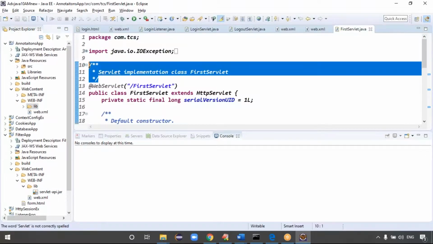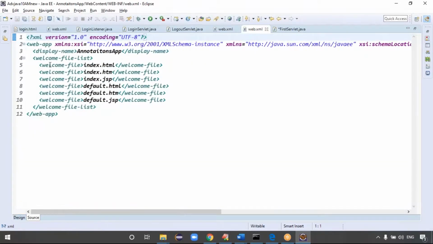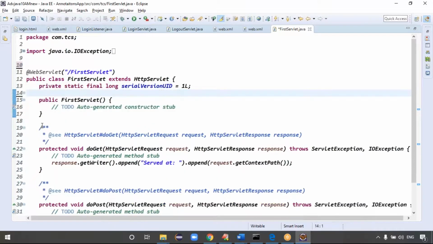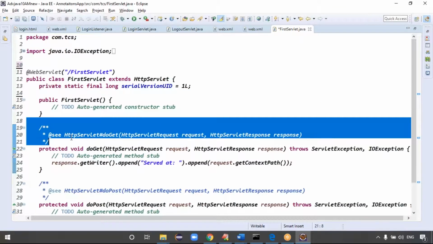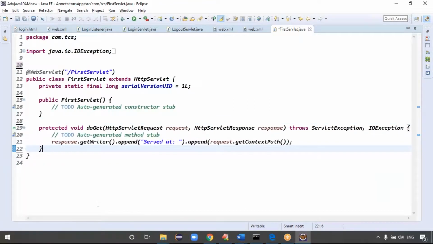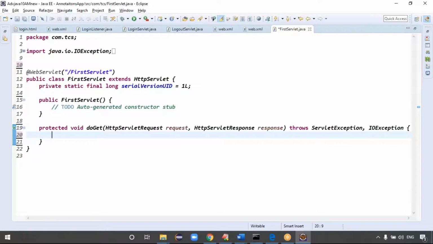But see, is anything updated now in the web.xml file? Anyhow, you created the servlet, but is anything updated in the XML file? Nothing, right? Exactly. That's what, guys. Go to the FirstServlet and check once. Here, this is called annotation, guys. @WebServlet. Just to configure the servlet, we require an annotation. What is the annotation name, guys? @WebServlet is the annotation, right? Exactly.